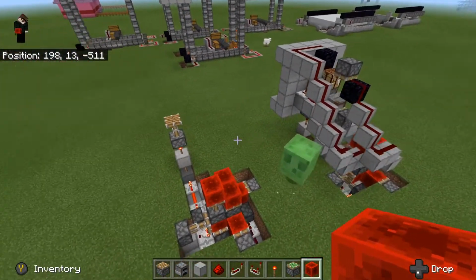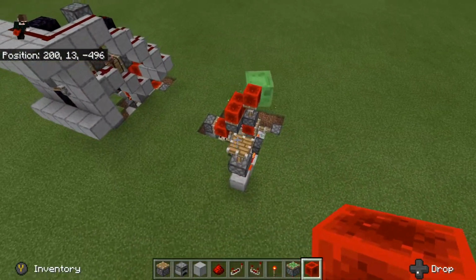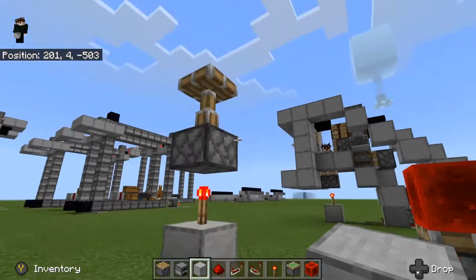That is most of your redstone done, guys. Now all we need to do is we need to put in all of our pistons and then connect up the redstone lines to our pistons. So we know we're going to need a piston. We're basically doing 3 blocks. So 1,